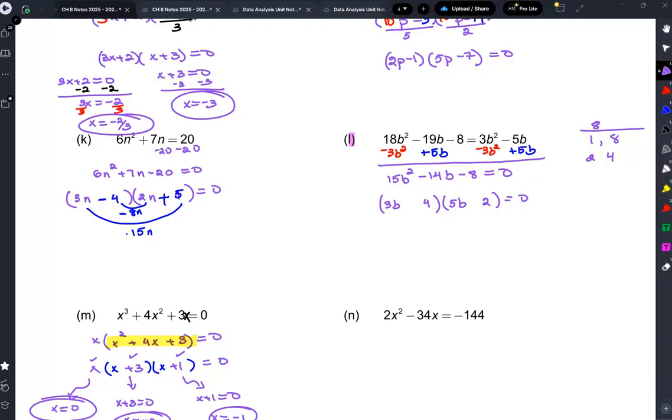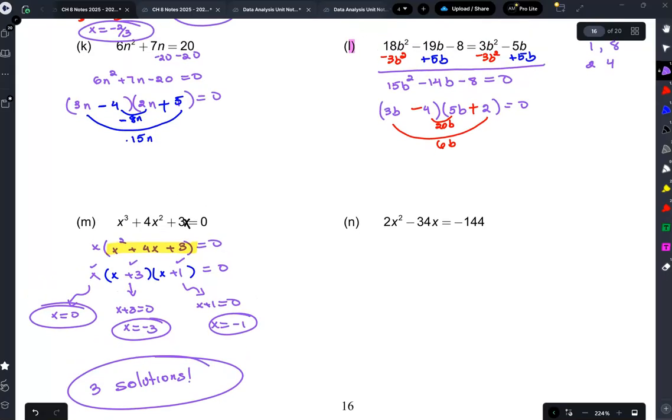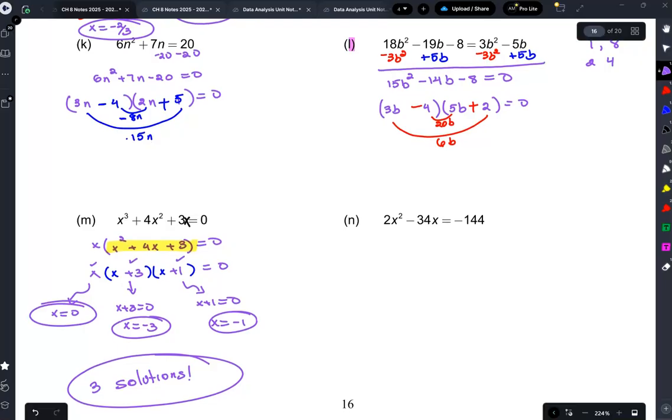What does this give me, the outer one? 6b. 20b. Okay? Does that work? Does that give you a 14? Well, 20 minus 6 is 14, so it does. So this will be negative and this will be positive. Okay? Is that the answer for this last one? No, then you have to set them equal to 0 and solve them. Okay? And then this next one,